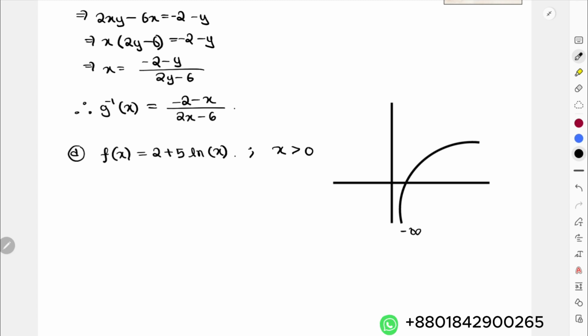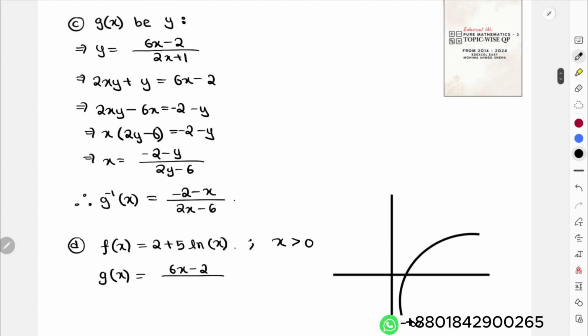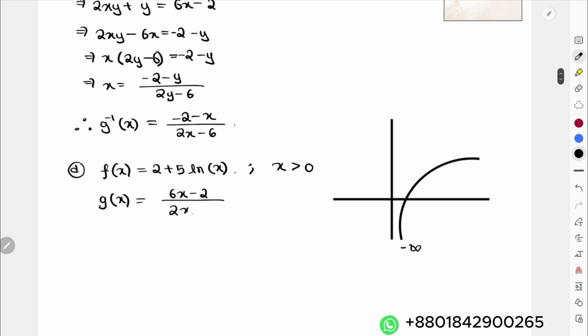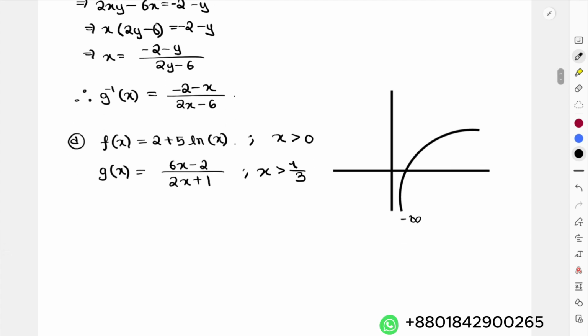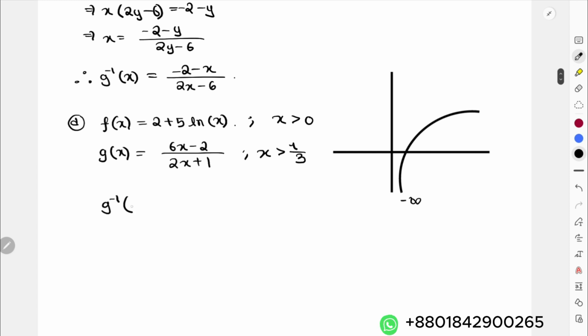And then again after this, for your g(x) equation, it was (6x minus 2) over (2x plus 1), right? It was stated that for this question, x will be greater than 1 by 3. But from this equation, it will be very difficult to find out the range. But from your g inverse x, I can easily find out the domain,